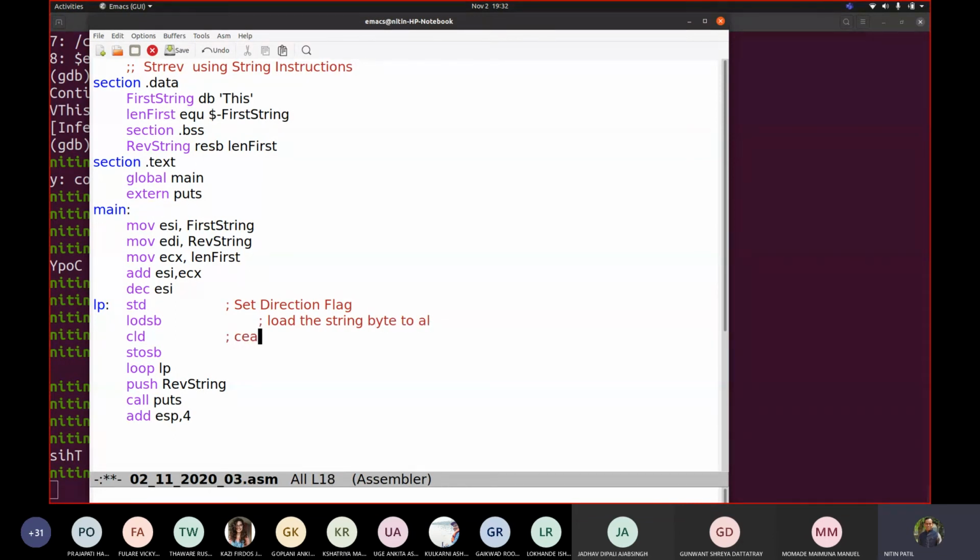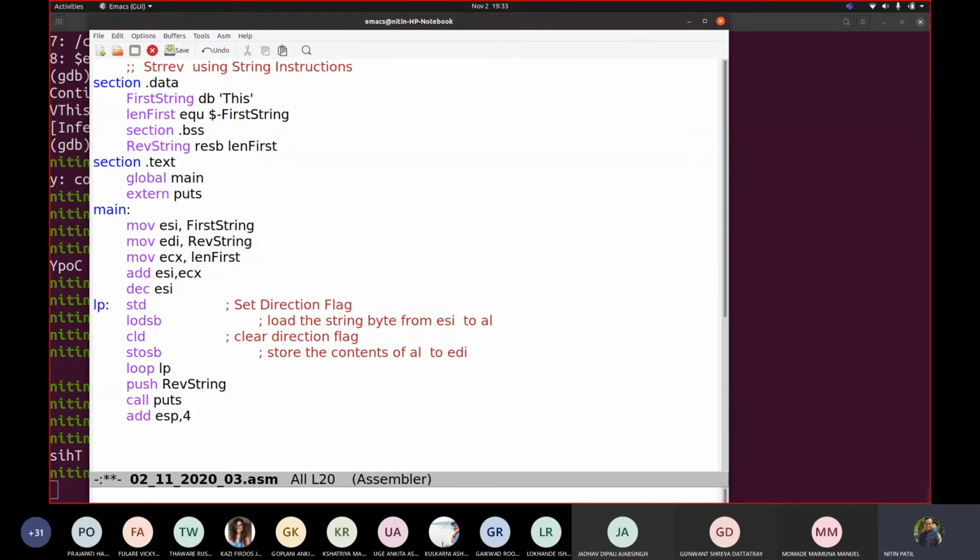Then clear direction flag. What does it do? Store the contents of AL to EDI. Load the string byte from ESI to AL and store the contents of AL to EDI. Correct. And now the rest of the things are known to you.